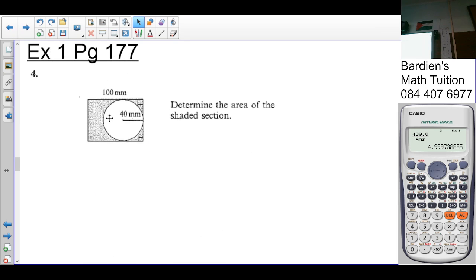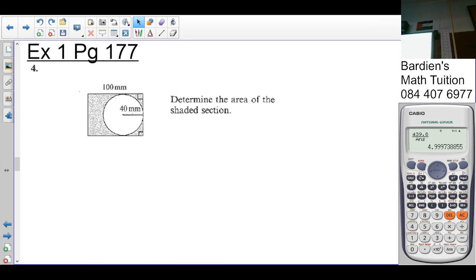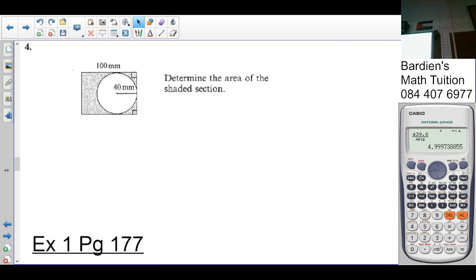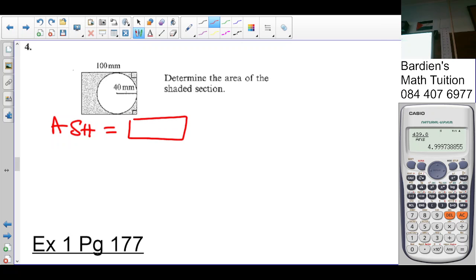Number 4 says, determine the area of the shaded section. So, how do you calculate the area of the shaded section? It's going to be the area of the rectangle minus the area of a circle. But what does this rectangle measure? It's a square. How do you know it's a square? Because